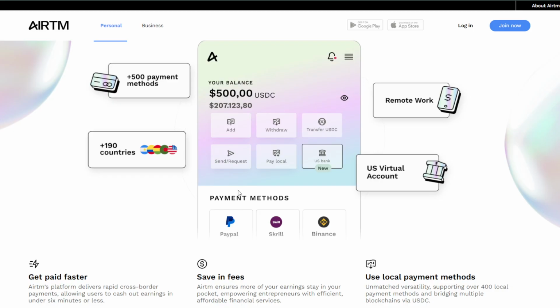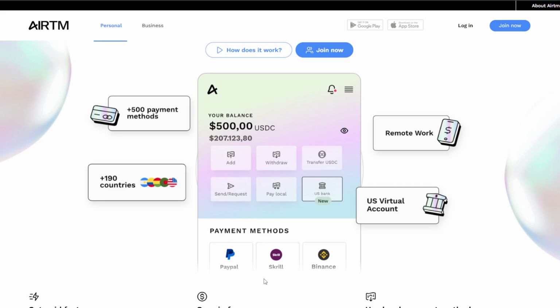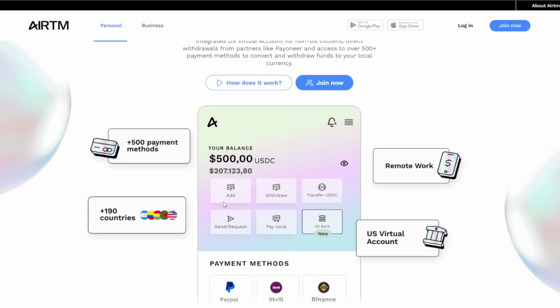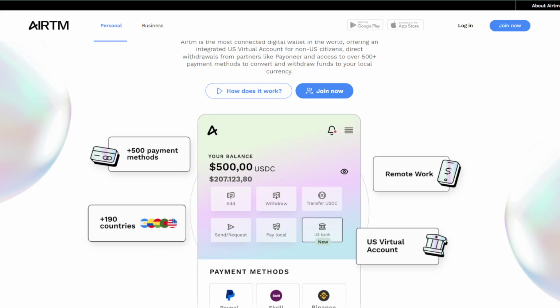So you can buy the cryptocurrency from here in this ATM with your real currency, and then you can simply click on the send button or transfer this USDC to your Binance account. So you have to add your Binance account wallet address. Make sure that you have copied your wallet address correctly and pasted it correctly, to avoid any type of